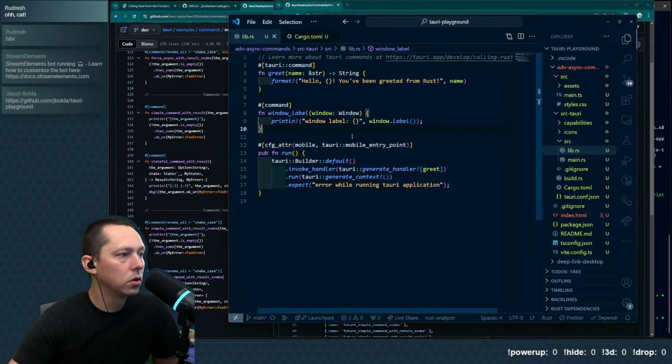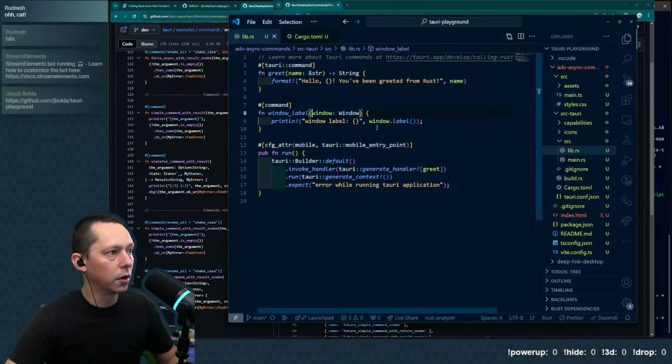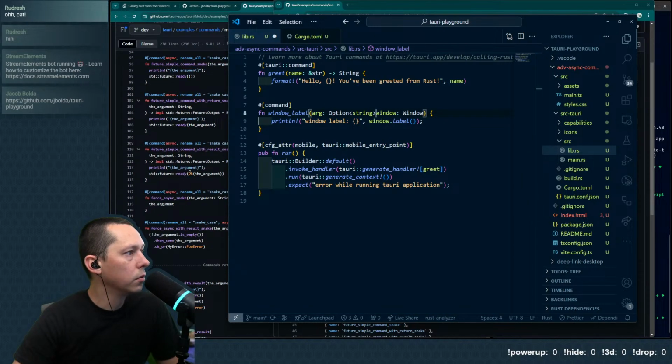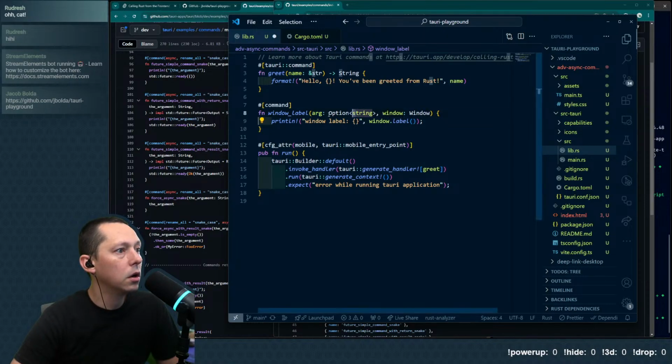So let's go here. Not getting any hovering or anything. Arg is, we'll say an option string, and I think that's probably all we care about, right? Oh, capitalized String. And then command async.